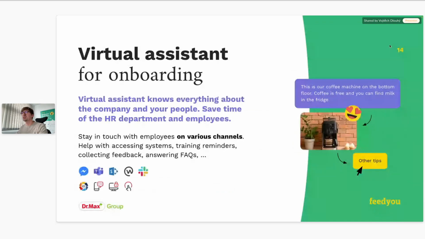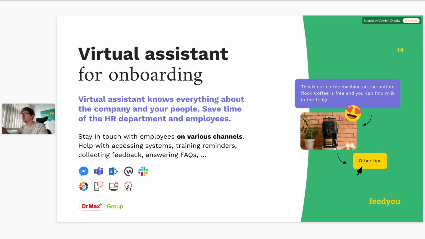The third process is onboarding, where we can provide your employees with necessary information, answer some FAQs, but also make sure that all the necessary steps are fulfilled.